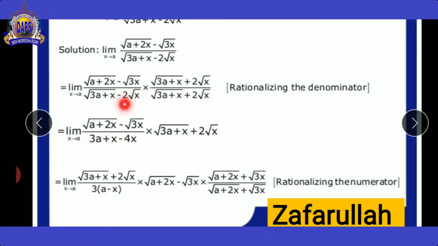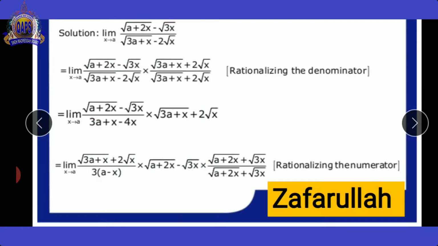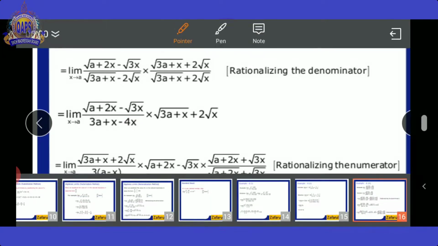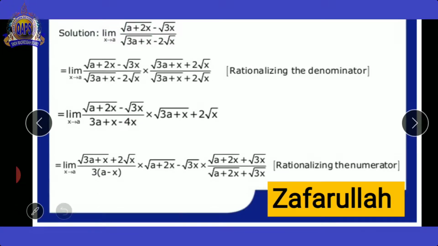When we apply 2 radical x whole square, then 2 squared is 4 and the radical and square cancel, then 4x remains. Now the upper terms will become the same. Now here 3a plus x